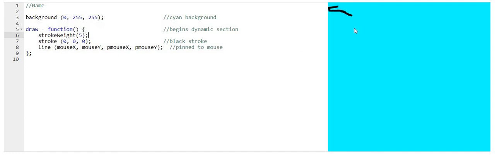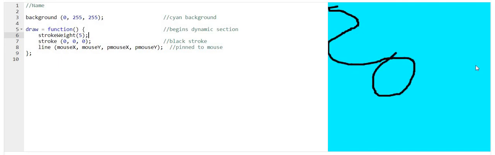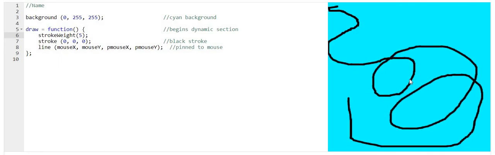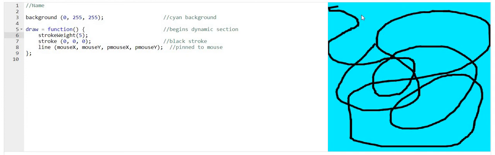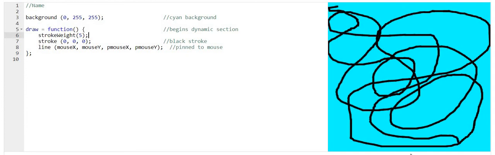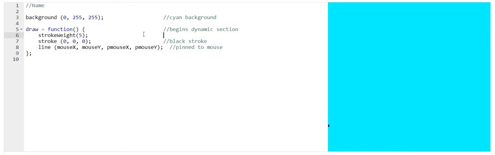And you can see that we can actually get a thicker line. So if you're trying to do further thin lines, you can change them to small numbers, thick lines, larger numbers. So that right there is going to be line thickness